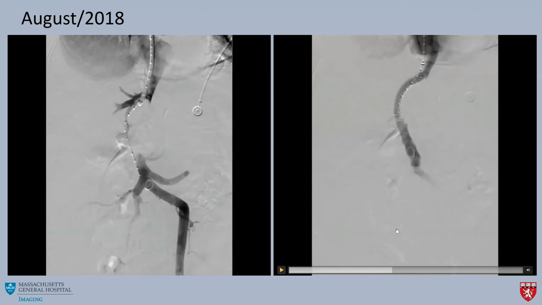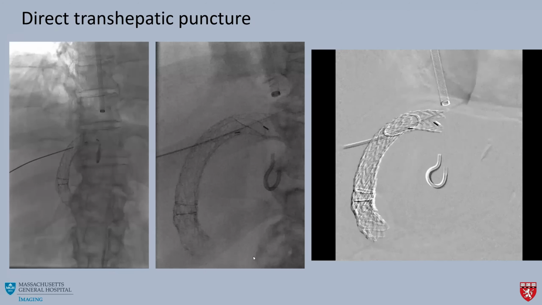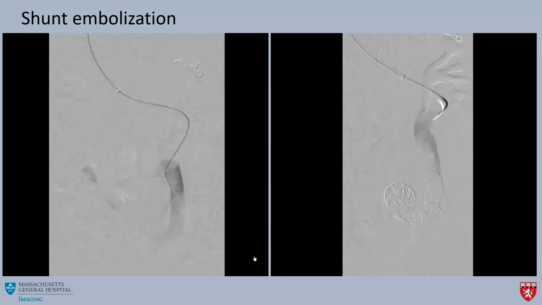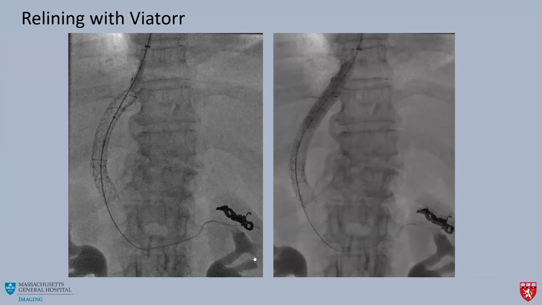And it looks really nice. And thank goodness we have covered stent grafts for TIPS, right? Cover the hole that you made in the shunt when you got in there. Yeah, exactly. Initially we were afraid to put a big sheath in there because of the hole, but then we realized that we're going to be putting in a Viator anyways, and it's going to cover up that hole. Right, good point.